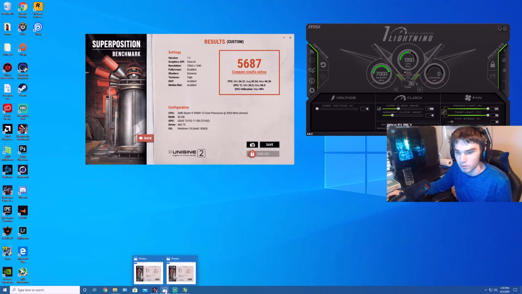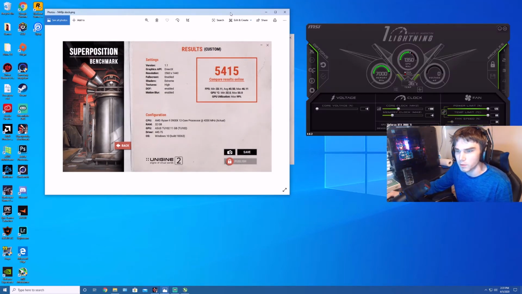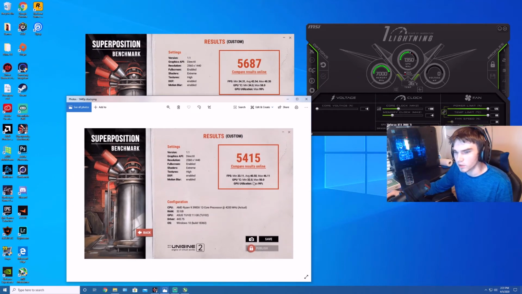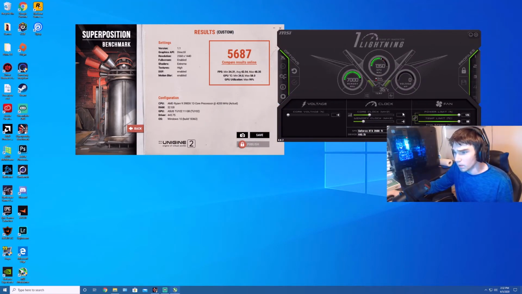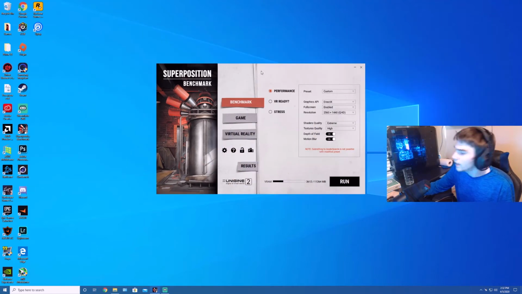What we're gonna do now, let me pull up, okay, so here were the numbers before. This was stock GPU settings. We got the score 5,415. So we got about a 262 point difference. And like I said before, we got about a 1 FPS change on the minimum, about a 2 FPS change on the average, and another 2 FPS change on the max. What we're going to do is, as we did in the original video, bump up the core clock to 150. We're going to apply it and minimize out of that, and I will be back when the next benchmarking test